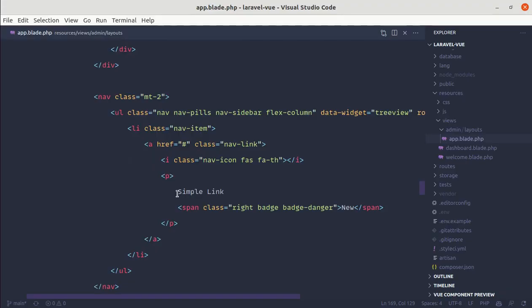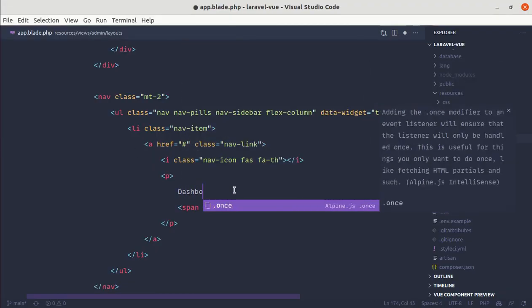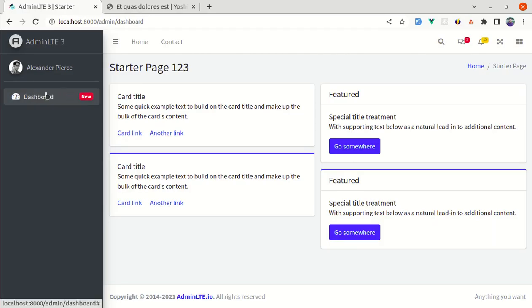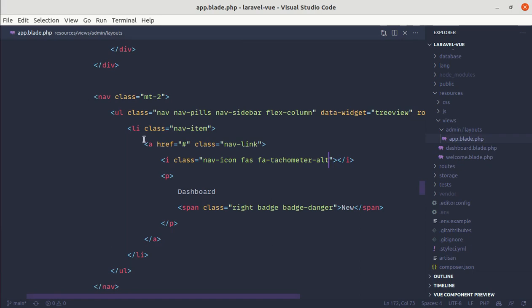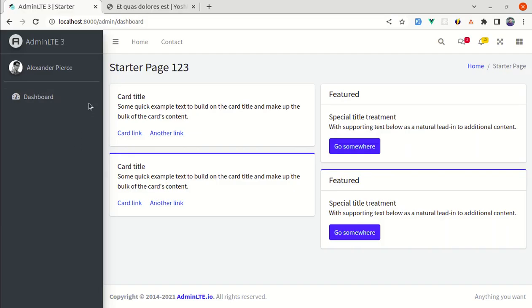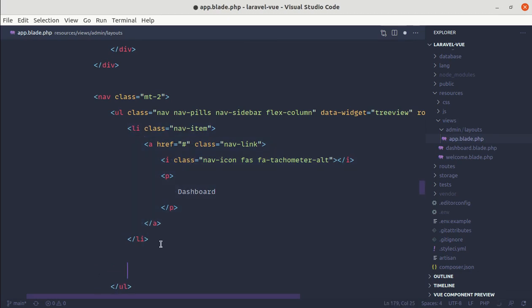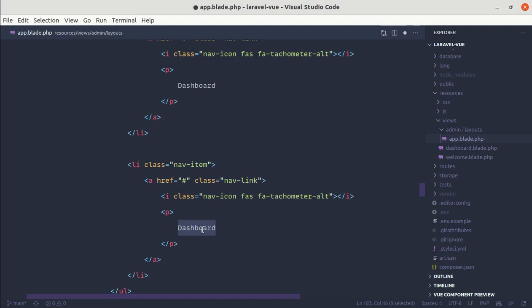So first one is dashboard, and let's change this icon as well. So the icon is FA tachometer alt, and you can find these names from the Font Awesome icons website, okay? And I changed this, and this is fine. We don't need this as well, so let me remove this one, and this is fine. Now let me copy everything and create another link for appointments,